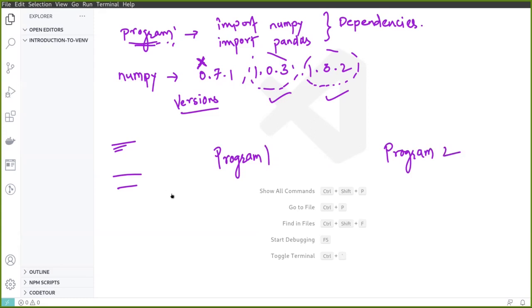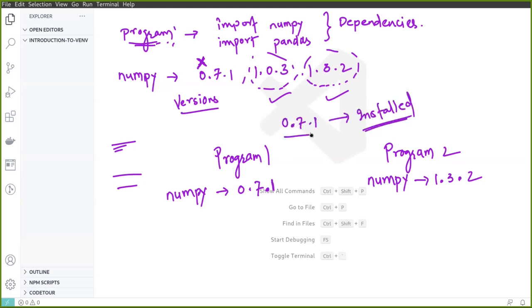Program 1 requires NumPy version say 0.7.1 and program 2 requires NumPy 1.3.2. And currently, let us assume that you have version 0.7.1 installed globally. So this is the version that you currently have, and you have these two programs.